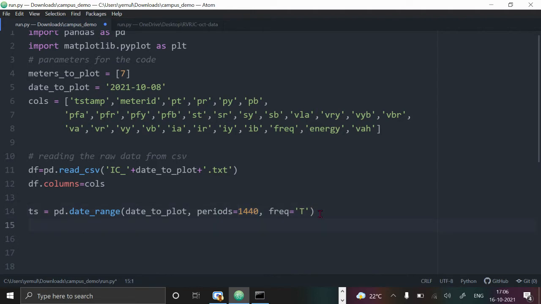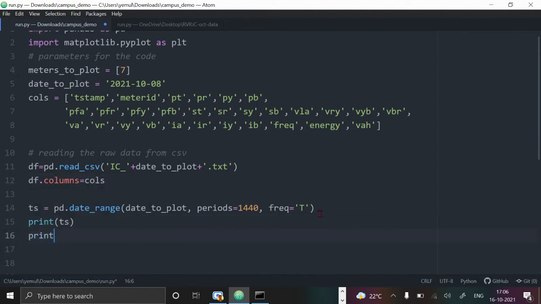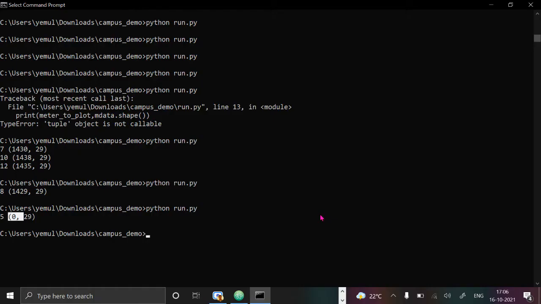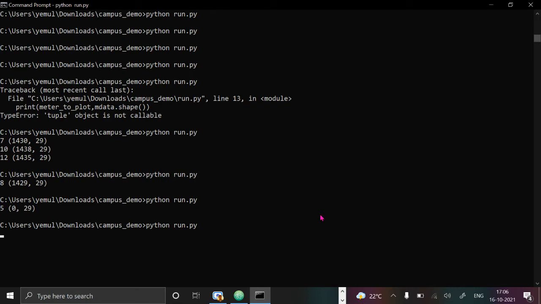Now let's simply print TS and also print ts.shape, if shape works for it. Let's see. Now let's run this.